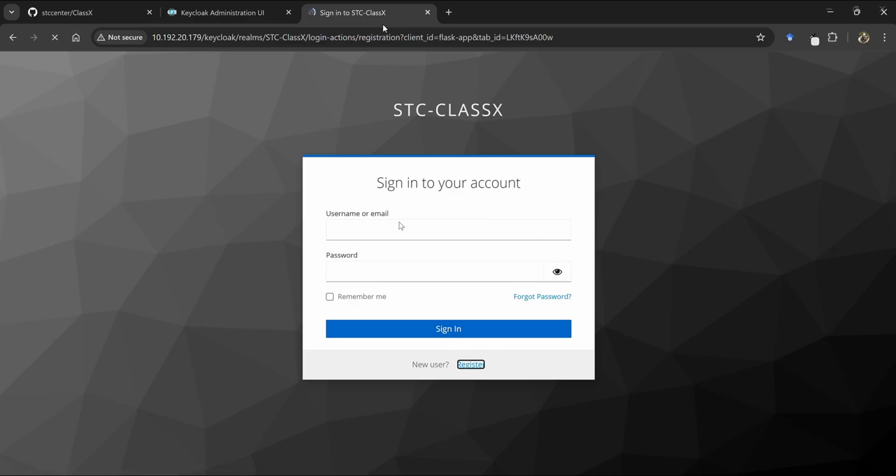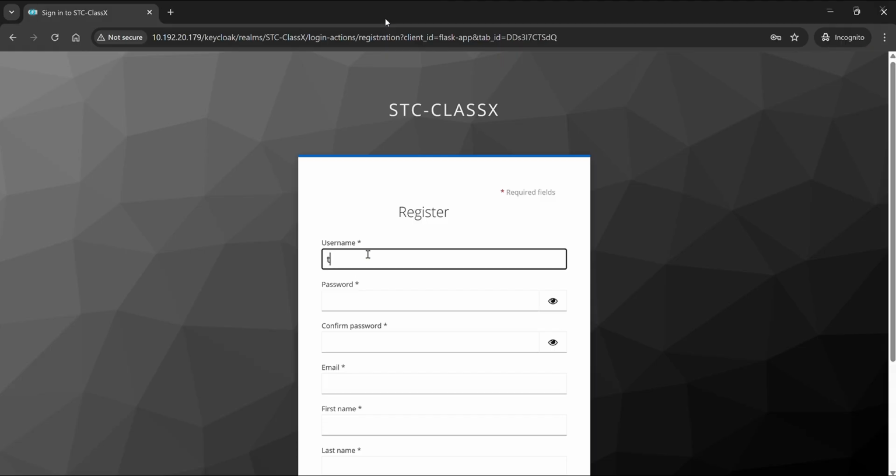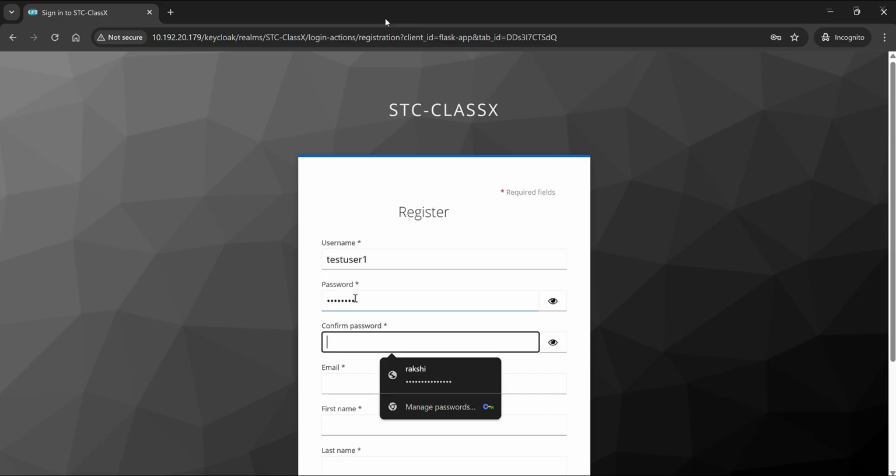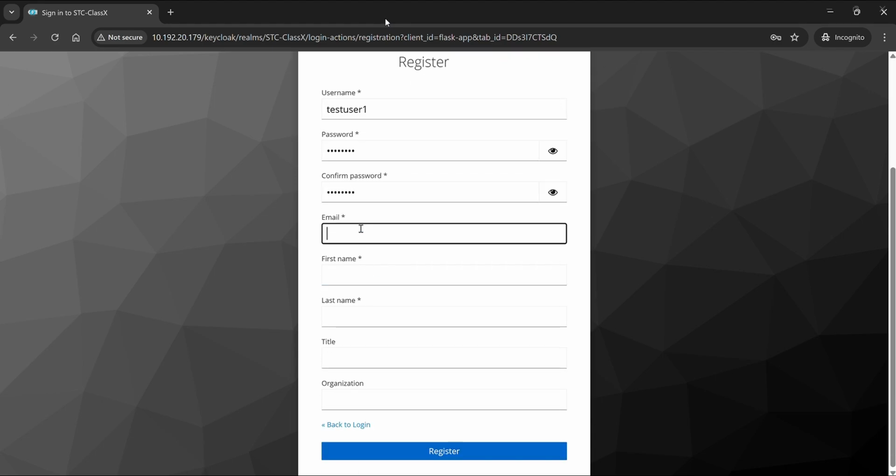Here we need to register. You need to provide your username, password, confirm your password, provide your email,